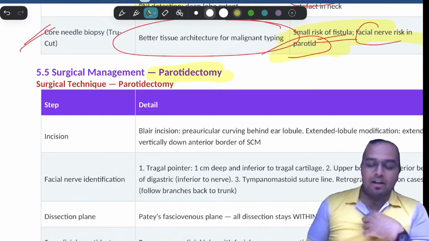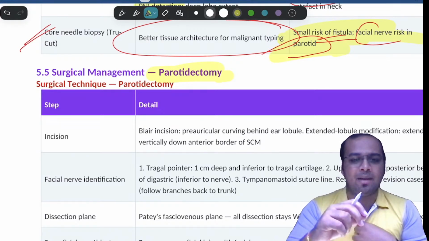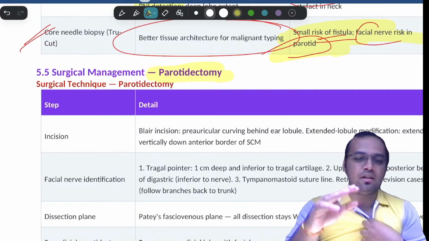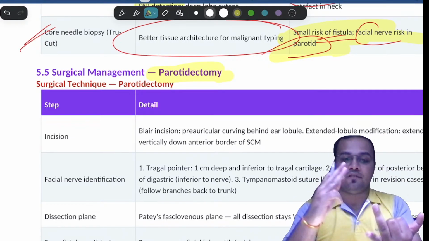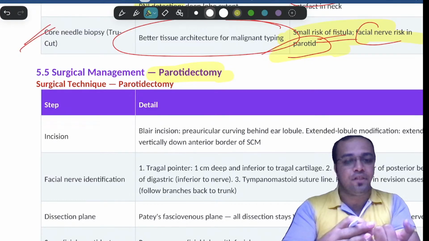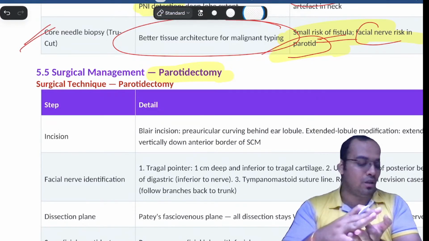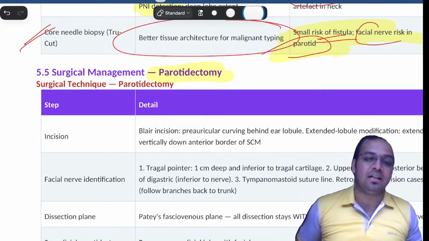Surgical management, so parotidectomy. So parotidectomy is very important, might be asked as a short note in your surgery exam as well. So why it is important? Because parotidectomy is the surgery which can be done at your general surgery level, but there are a lot of important structures we already saw. Facial nerve, then comes the vein which lies deep, and then comes the artery. So any injury to the structures can cause permanent damage to the patient, might not be death, but always added morbidity. So this surgery is very important and having a skillful